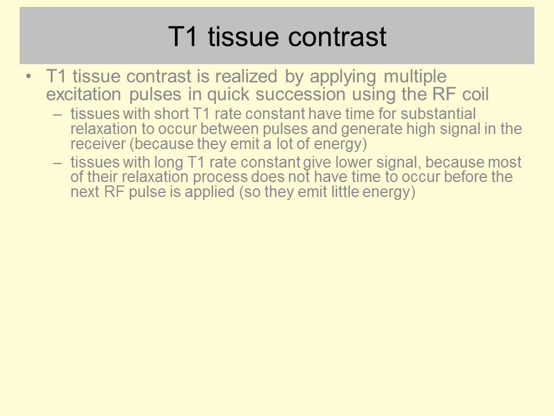But tissues with long T1 rate constants give lower eventual signal because most of their relaxation or energy emission process doesn't actually have time to occur before the next RF pulse is applied, which stops the emission of energy that was occurring from the previous